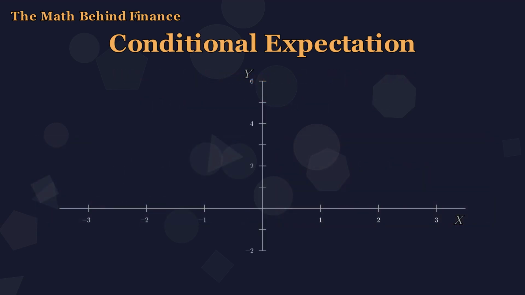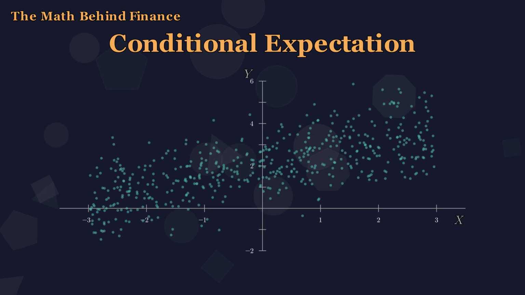We drop 500 data points, X and Y pairs, sampled from some joint distribution we don't need to name. It looks like a cloud, messy, noisy, no obvious relationship at first glance. Now slice the x-axis into 20 thin vertical strips. For each strip, take only the points that landed there and compute the average of their Y values. One golden dot per slice, the bin mean. 20 answers to 20 conditional questions. Each dot is the best guess for Y, given that X fell in that slice.